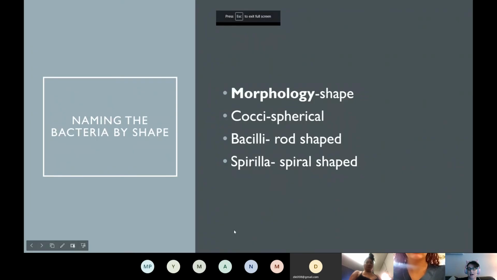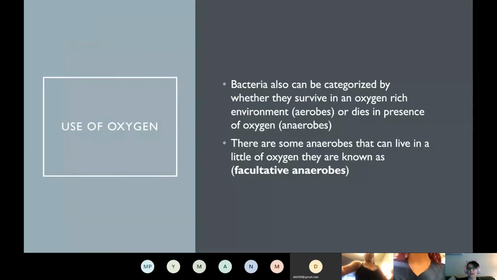I am going to go back since yesterday's lecture didn't record, and I'm going to cover a couple of things really quick. That way, the slides make sense to those who were not able to view the lecture. One of the things that I was talking about yesterday was once we take a wound culture or once we take any type of